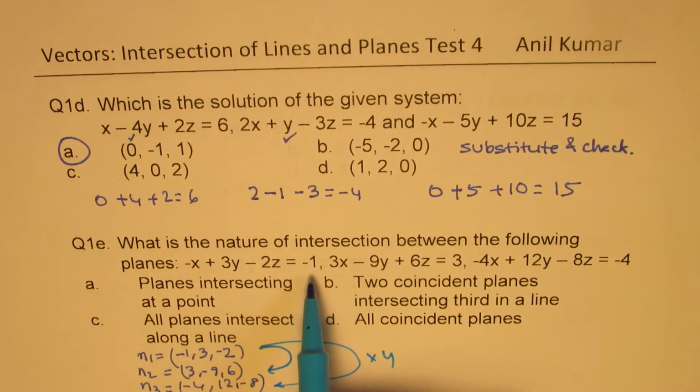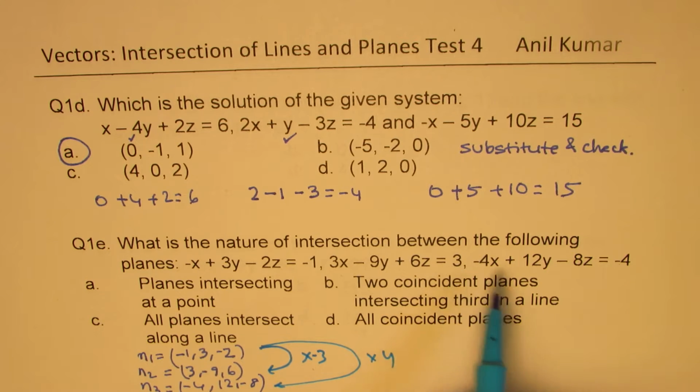Now let's see if we have a common point on them, right? If I substitute 0, 0, 0, we get -1 here. Substituting zeros, we get 3 there, right? And substituting zeros, we get -4 there. So what we see from here is that all the planes are actually